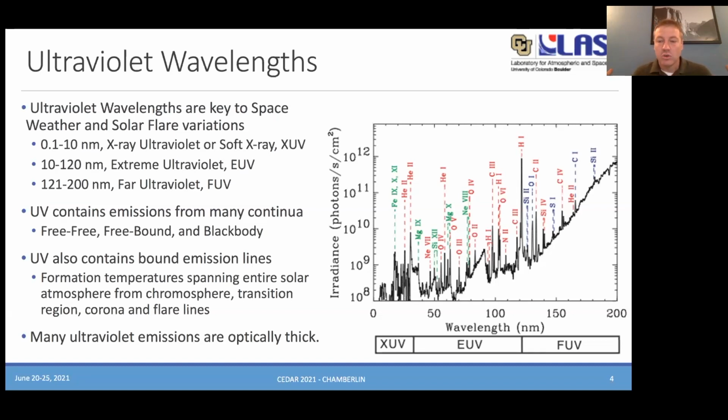And so you have sources in here that come from all different temperatures, all different regions in the solar atmosphere. And because of that, they just don't all behave the same way. So when you get into the empirical models that I do, you need lots of different proxies, or lots of different specifications for all the different individual lines.